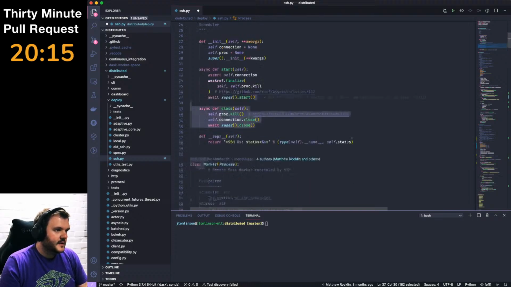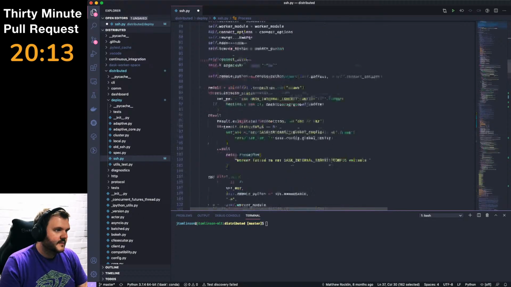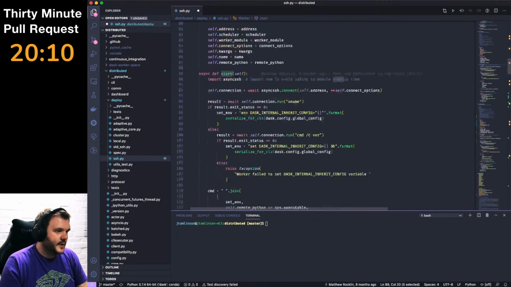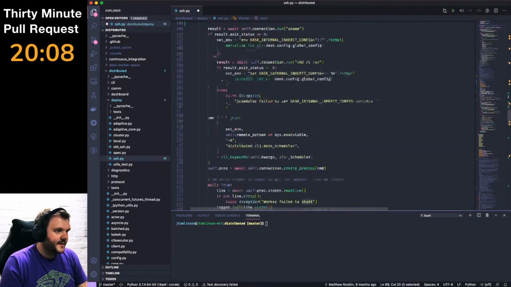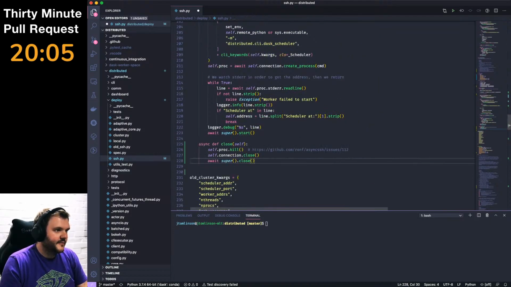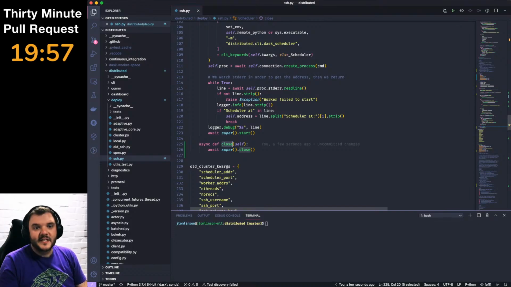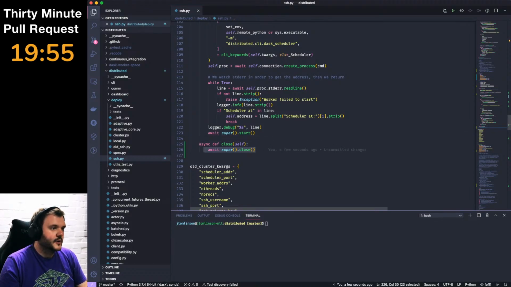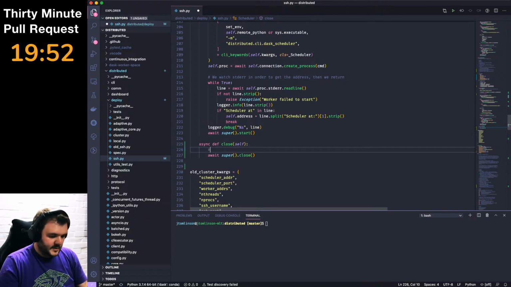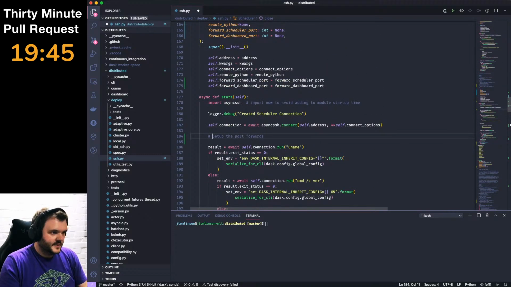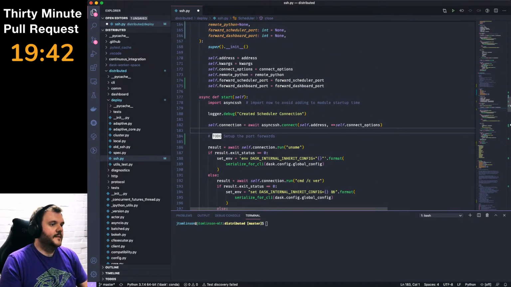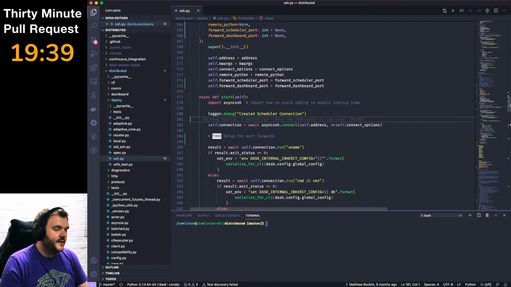method here. What I'm going to do is we've got a start method in our NAS worker. In our scheduler, we have a start method. We don't actually have a close method because there's been no need to override it, but I'm going to do that. So when close gets called on the scheduler, at the moment it'll just call close on this, but we also want to, let's do this as a to-do. To-do, close the port forwards. And here, this will be a to-do as well. To-do, set up the port forwards. And then the other thing we need to do